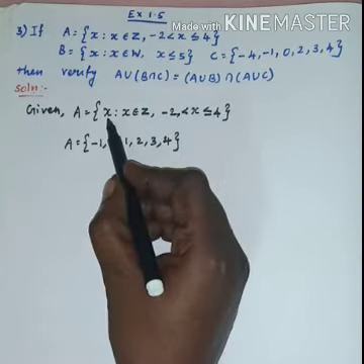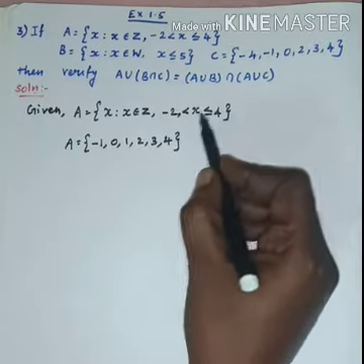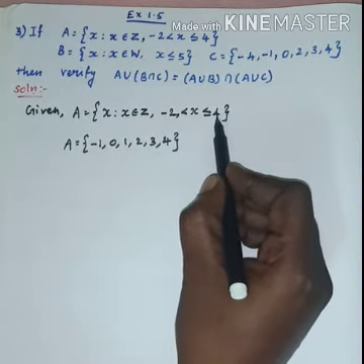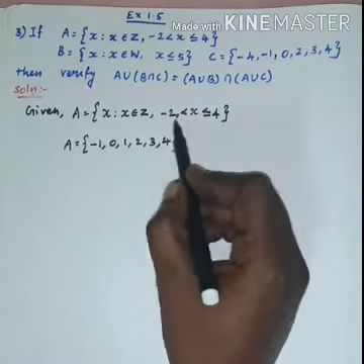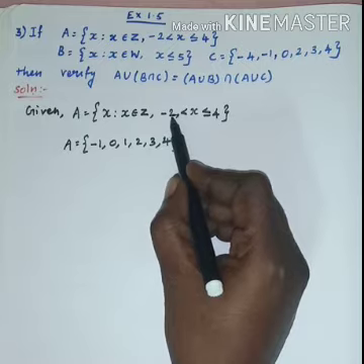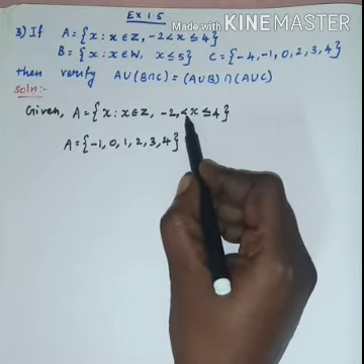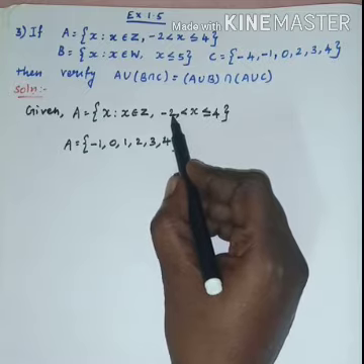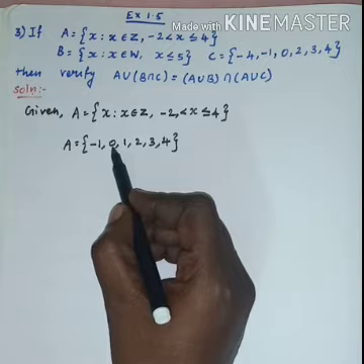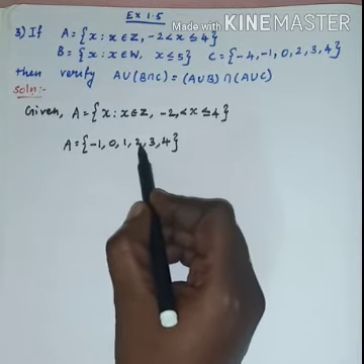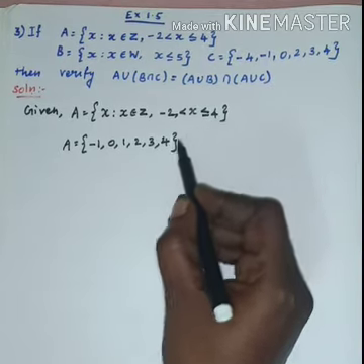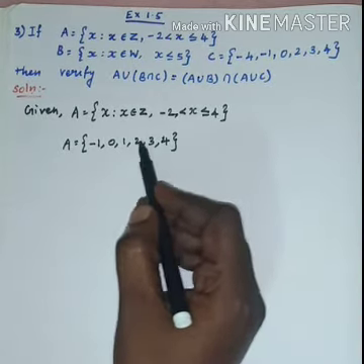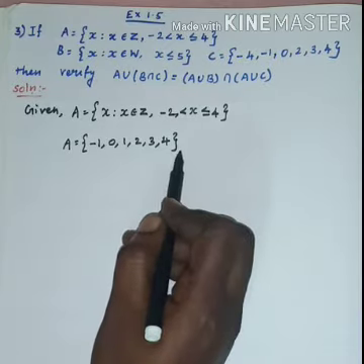Here the condition for x is that it is an integer and x lies between -2 and 4. In integer we have all the negative values, 0 and all the positive values. So here the number starts from -2, but because the equal to sign is not given here, we need not add this -2. So the next number to -2 is -1, and then the next number is 0. The positive numbers are 1, 2, 3, and then the condition given is less than or equal to 4, so up to 4 only we have to write. So we wrote the elements of A in roster form.